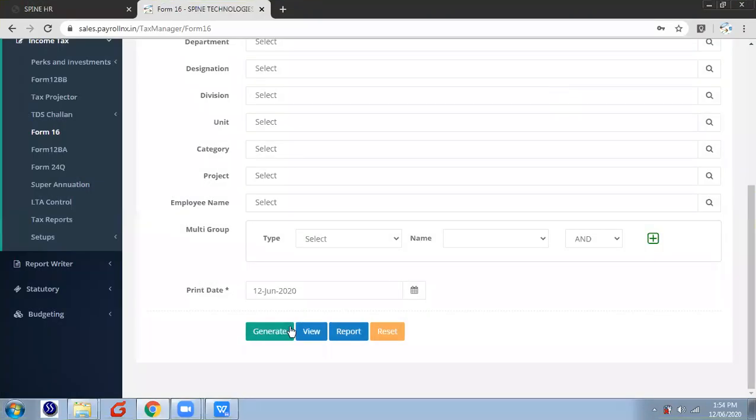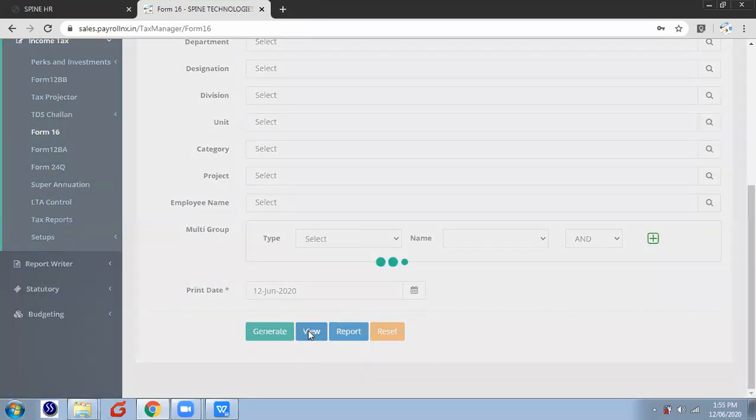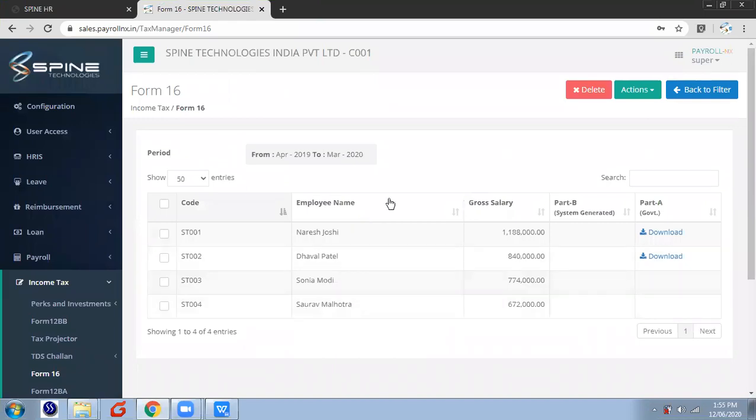So now Form 16 is generated successfully. If I want to check, then we have to click on the view button. So yes, Form 16 is generated successfully for all of the employees.